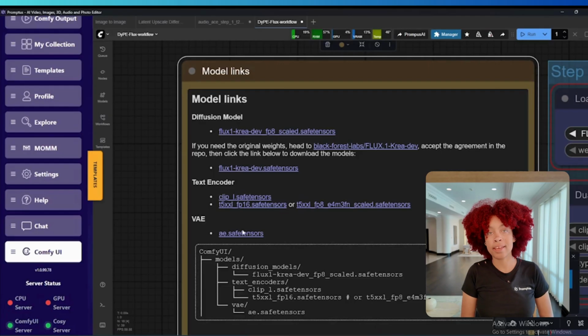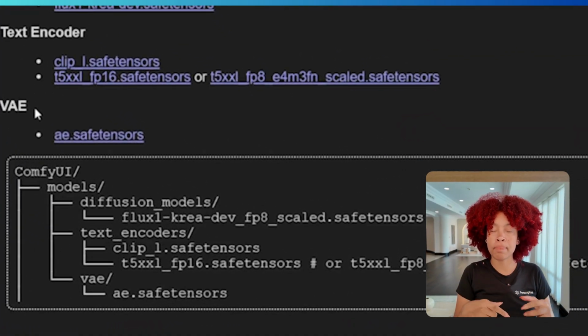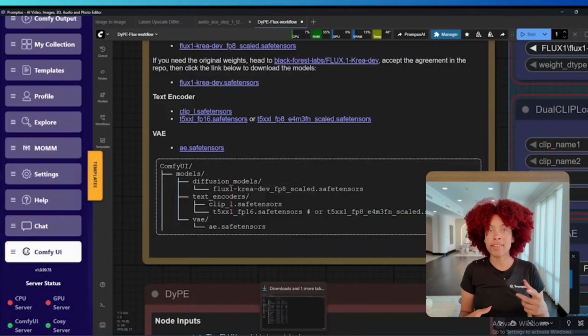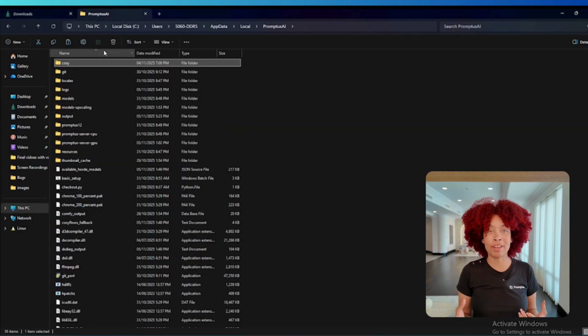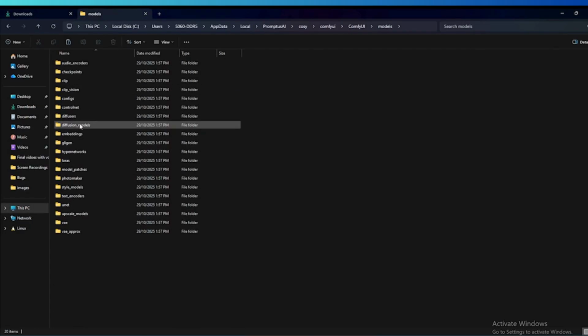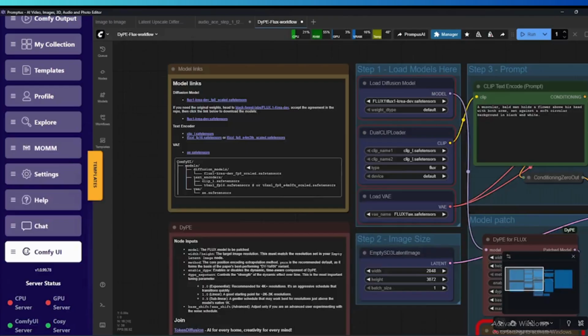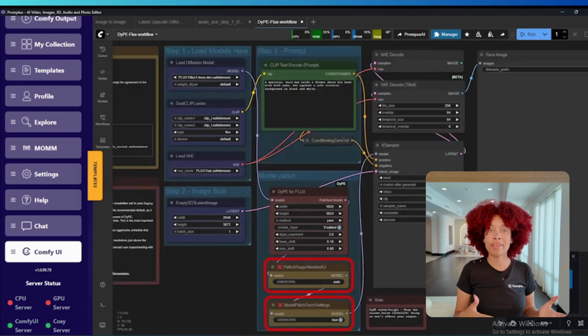Now we're doing the VAE model. So you can see that there's like a little workflow to show you where the different models should be placed in your ComfyUI folder. We're going to navigate to that folder within your File Explorer, and then we're going to drop in the models exactly in the folders where they should go. So now we've got all the different models that we need installed, and we place them into the correct places